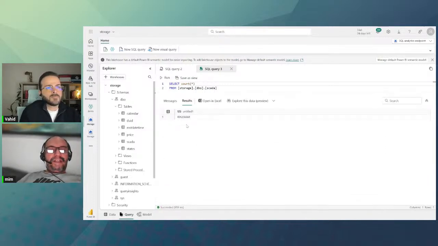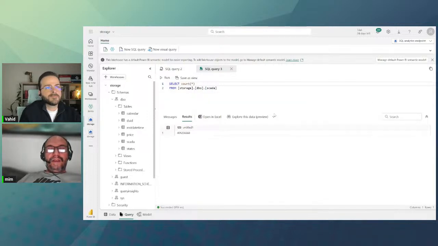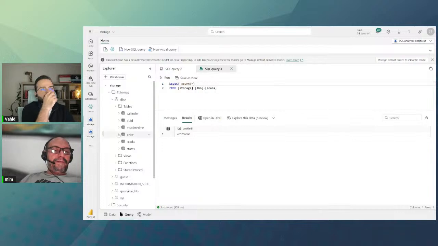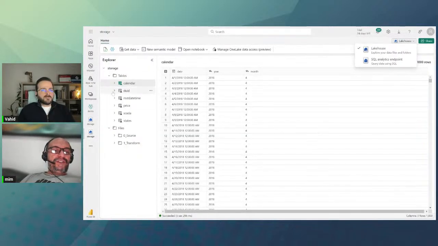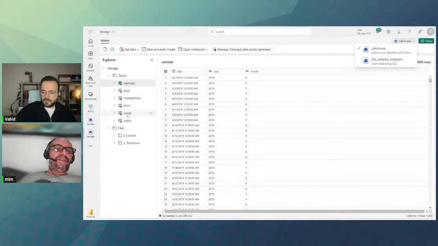Yeah, so it's 400 million rows. And the thing is, it's just there. That's the beauty of Fabric: once you put the data here as Delta, it's accessible to all the engines. So your pain is basically how to prepare it. And here, you need to do work. Even in Power Query, you need to do work too. But once you have the table here, then the rest is just